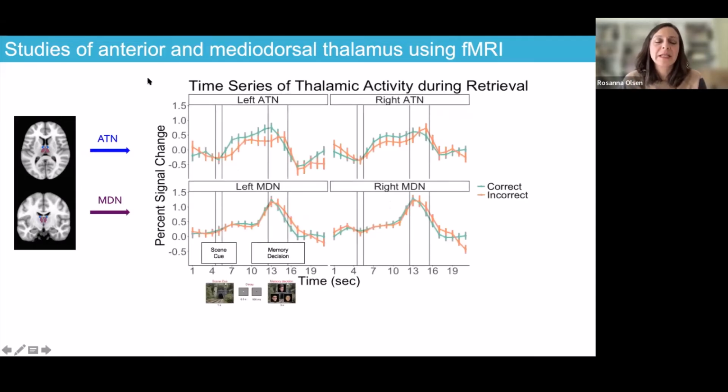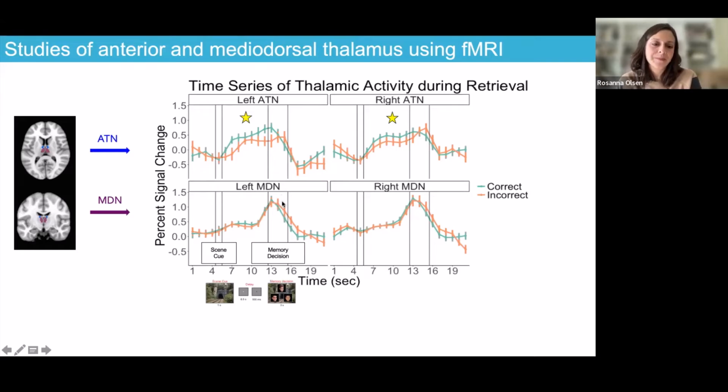So what we saw here is that in the anterior nucleus of the thalamus, we saw greater activity for correct trials during this delay phase in which participants were trying to remember the face. And that was significantly greater for correct trials compared to incorrect trials. The activity was, as I said, above baseline in the MDN during this time, and especially it was the greatest